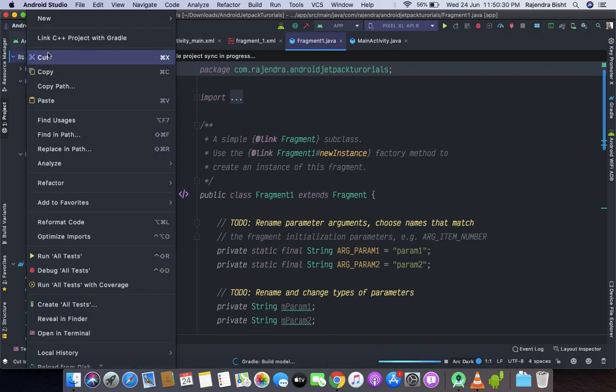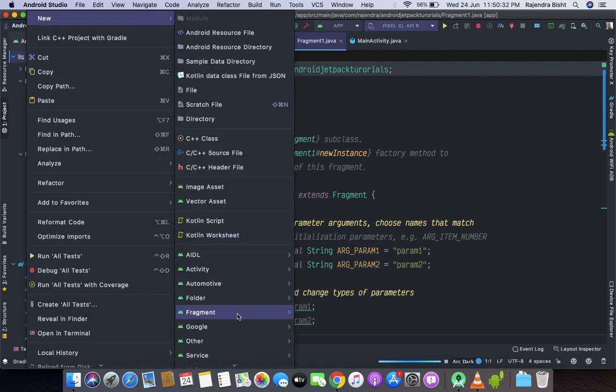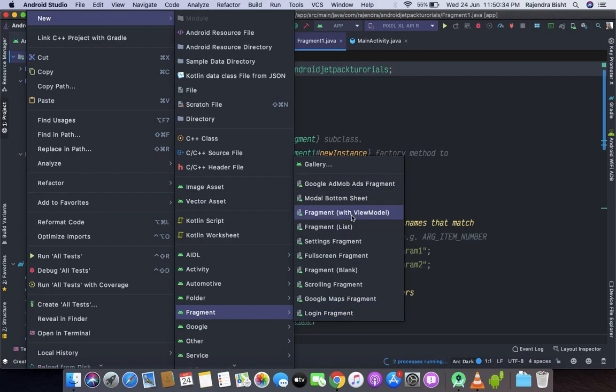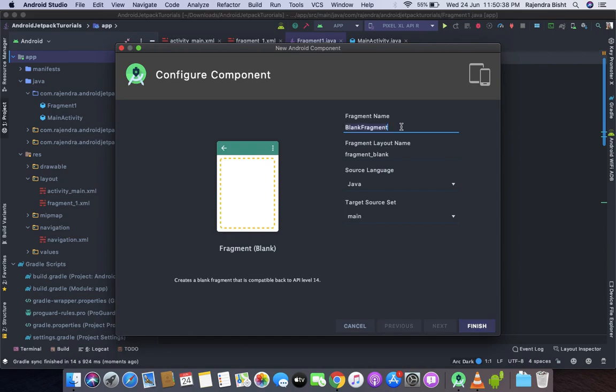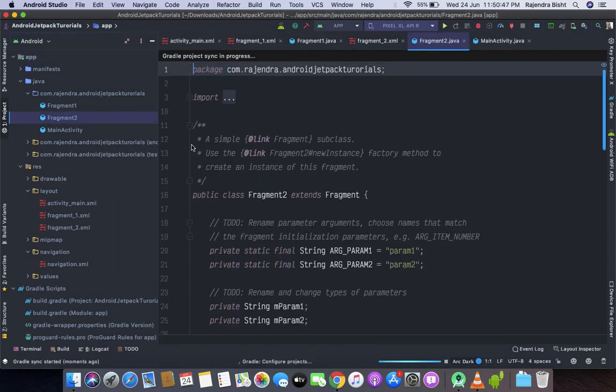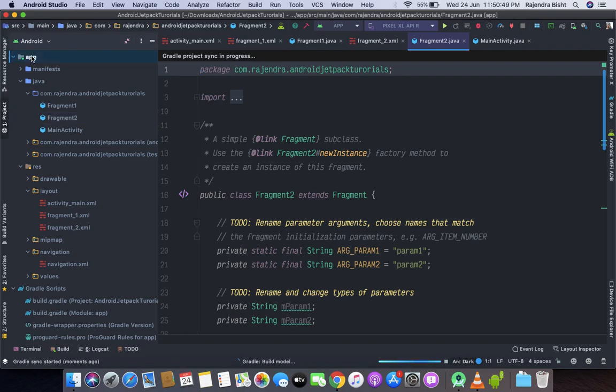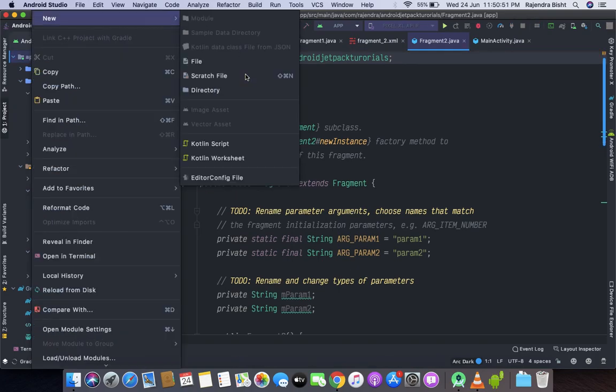Similarly, I will create two more fragments, let's say fragment 2, and the last one is fragment 3.